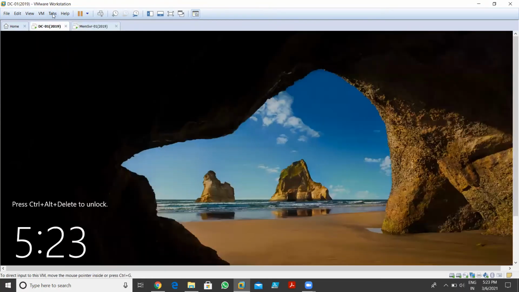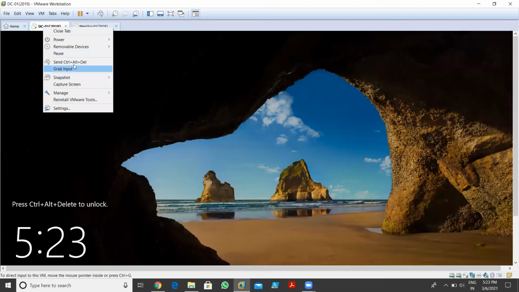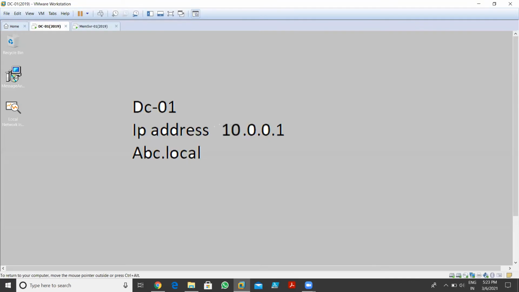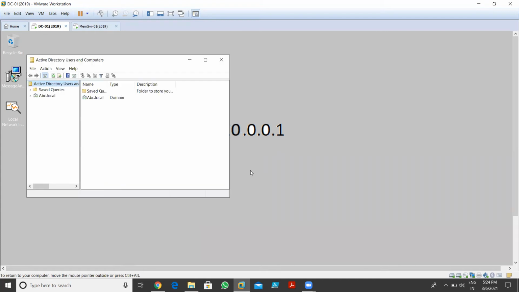My DC, and I'm going to create one sales group over there. I want that sales group user to be able to authenticate with the ADS server. So I open dsa.msc, open AD Users and Computers, and I'm going to first create one group with some users, and after that I add that group in the Radius server.